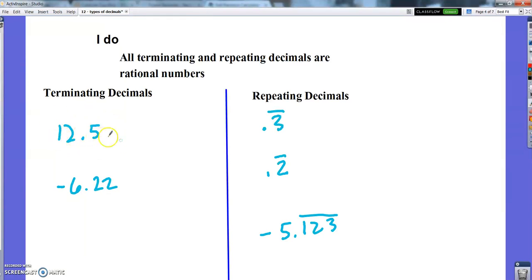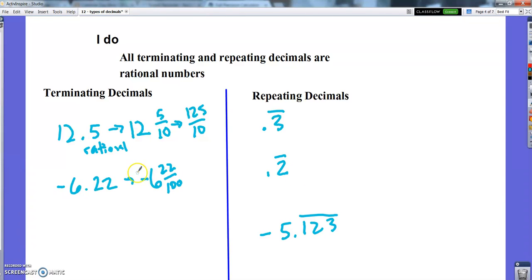12 5/10 is a rational number because I can rewrite it as 12 5/10, which I could rewrite as a fraction as 125/10. So when you use any terminating decimal, you can turn it into a fraction, and so it is a rational number. Same with this one, -6 22/100. That's -6